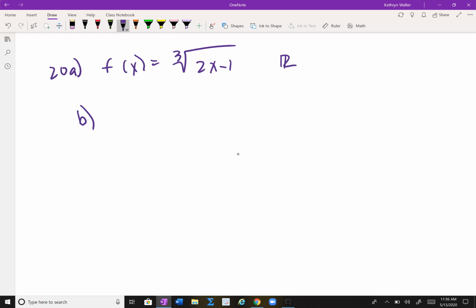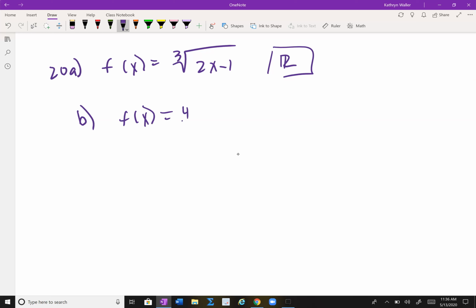Okay? All right, question 20a. Find the domain of each of these. So this one right here, 1/3 is a cube root, and there are no restrictions to a cube root, so the domain is everything. They don't tell you how to write it, however you want. Question B,